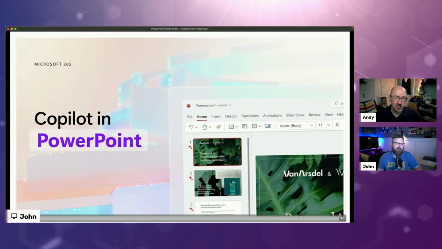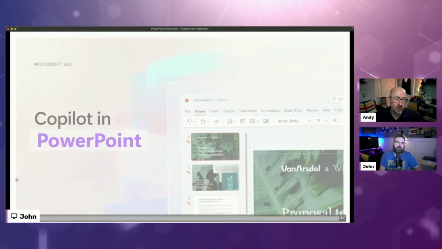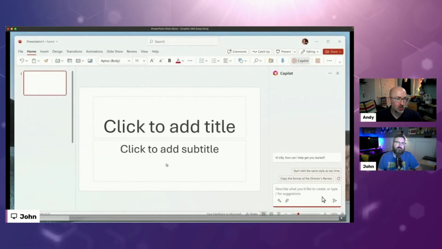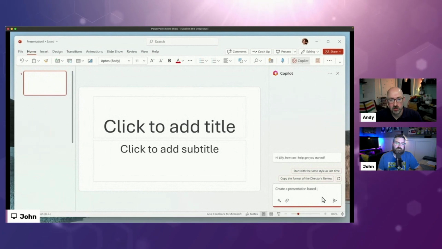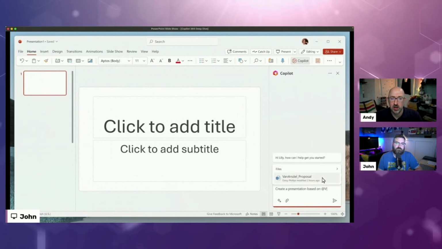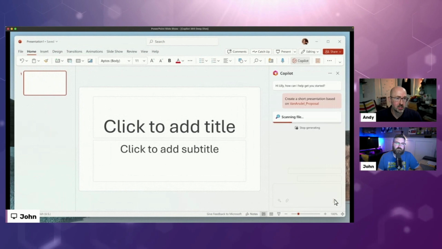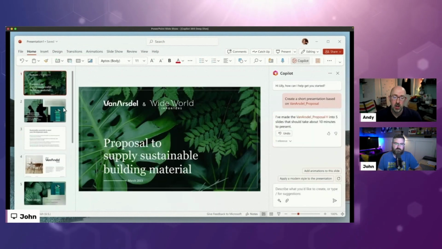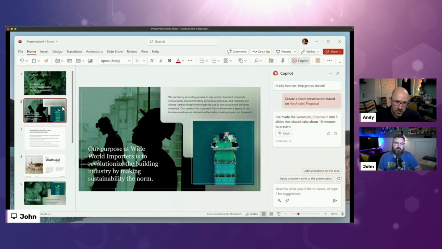So in this section, we're going to be talking about Copilot in Microsoft PowerPoint. Copilot in PowerPoint is going to help you get over the blank slide starting point. You can actually go in and start generating a presentation based off of an existing document. So for example, if you have a proposal that you've already drawn up, the Copilot application is going to be